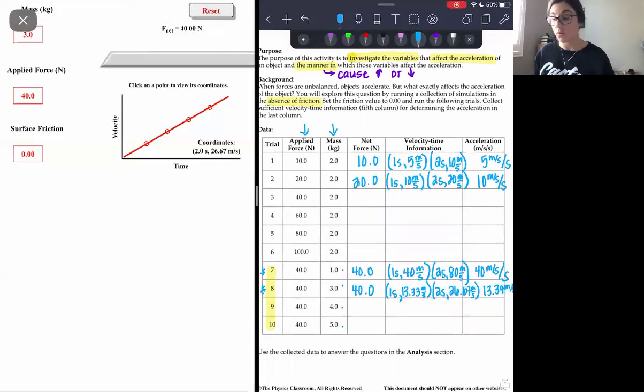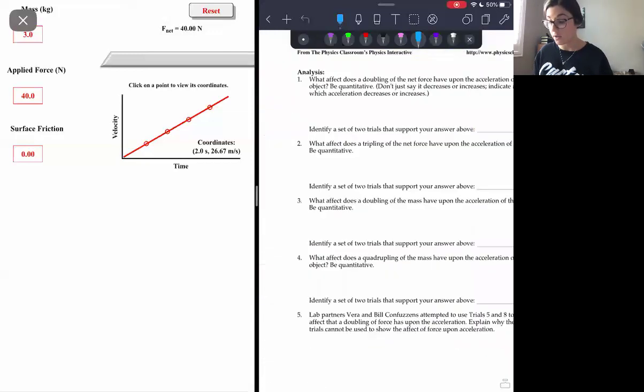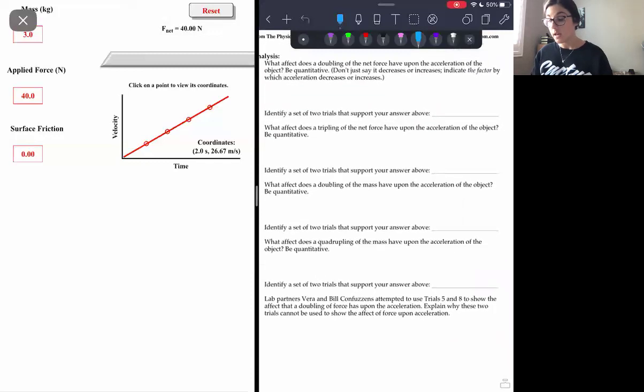When you're done with the rest of the trials, the next slide or the next page in your notes is going to have you looking at those numbers and looking for a quantitative pattern, a numerical pattern in which acceleration, force, and mass are all changing. And you're going to be asked to identify a set of trials that make your case or support your answer. So when you're asked to indicate the factor by which acceleration increases or decreases,